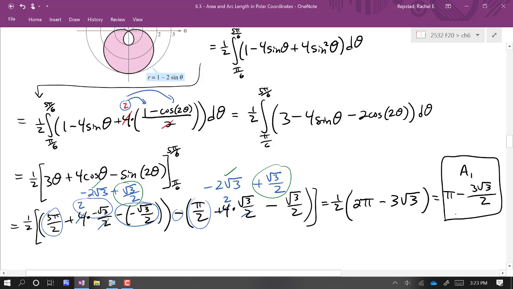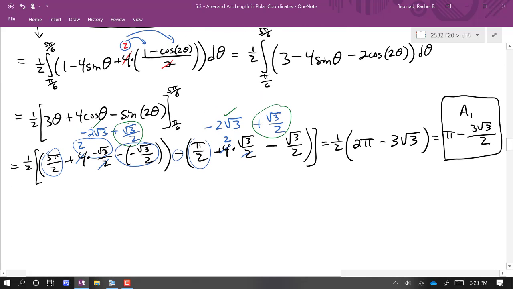Okay, so we've done quite a bit of work, but the good news is the outer loop, half the work's already done. We've already done half the work, because for the outer loop, the function we have for r is the same, right? We're integrating the same function. We're just changing the limits. So we don't have to go through and integrate it again. For the outer loop, there's only one t in outer. Outer loop,